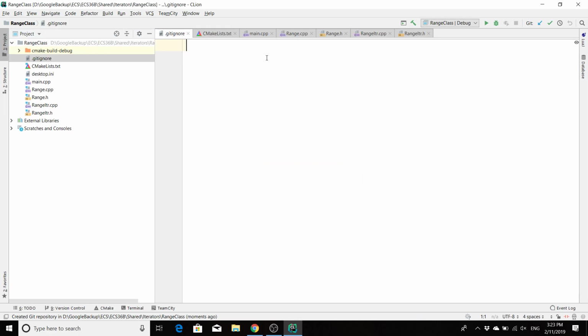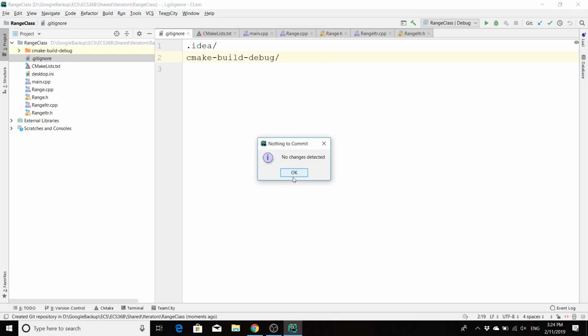And we want the .idea slash c dash build dash bug. Now, still like getting things started. Also,